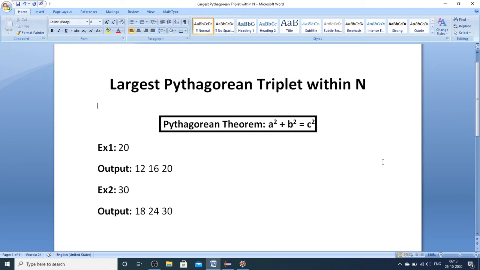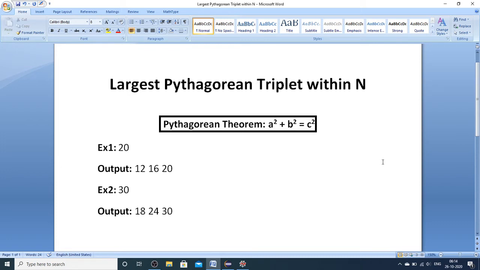These are the three numbers that we are supposed to return as output in the form of an array. Similarly, in example 2, if the given n value is 30, then we are supposed to return the triplet 18, 24, 30, because these three numbers also satisfy the Pythagorean theorem. So this is what the problem is. You will be given an n value and you are supposed to return the largest Pythagorean triplet within n.